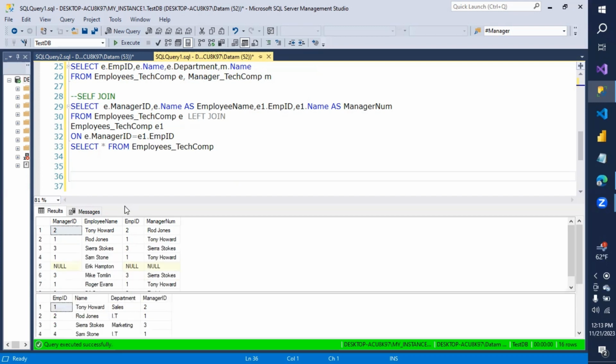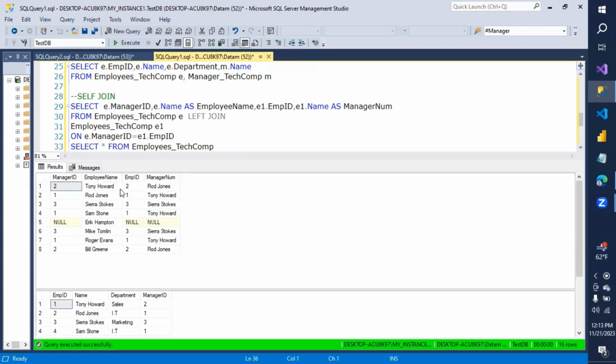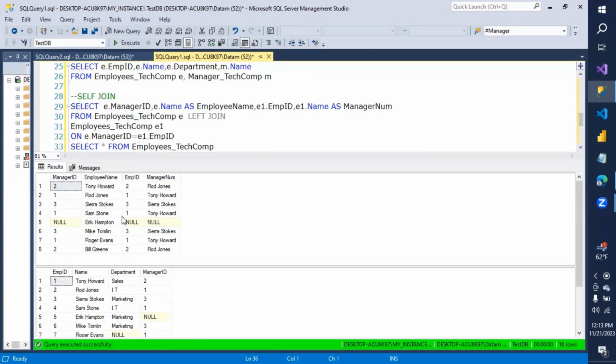Okay, so this is the result set right here. And then this is the employee table by itself. So as you can see, employee Tony Howard, his manager ID is Rod Jones, and you can see the manager name is Rod Jones. For Rod Jones, his employee ID is 2, which here is 2, which is Tony Howard. So Tony Howard